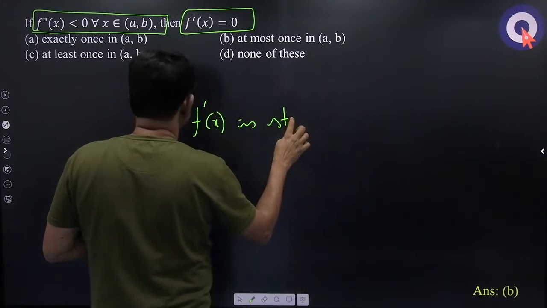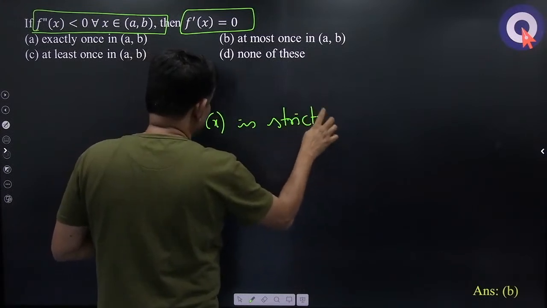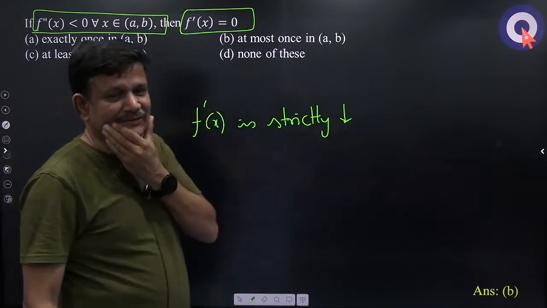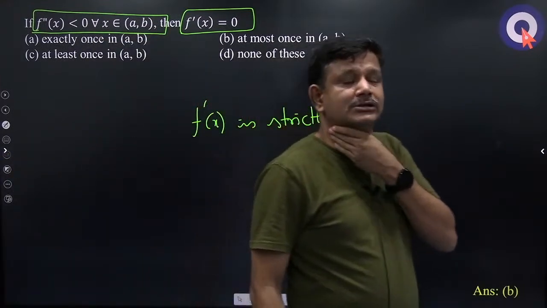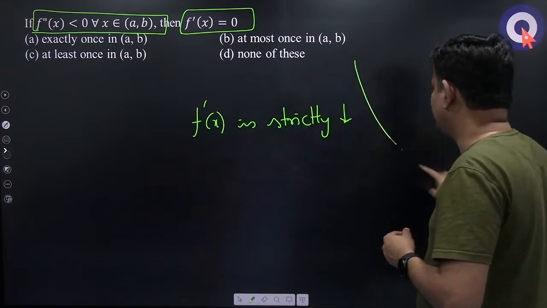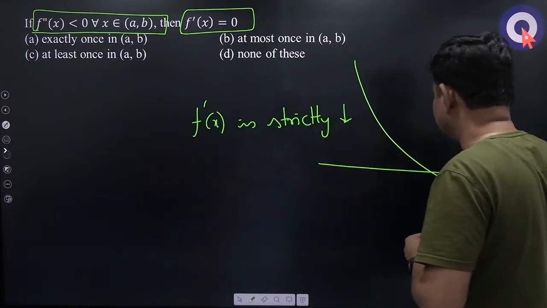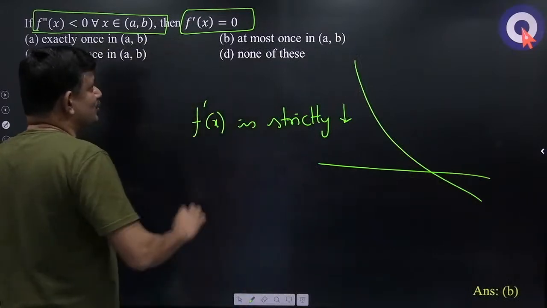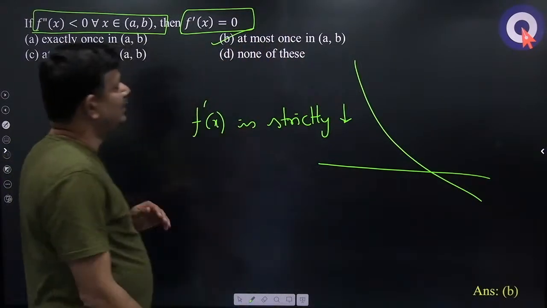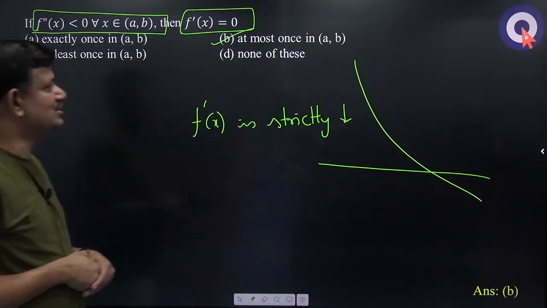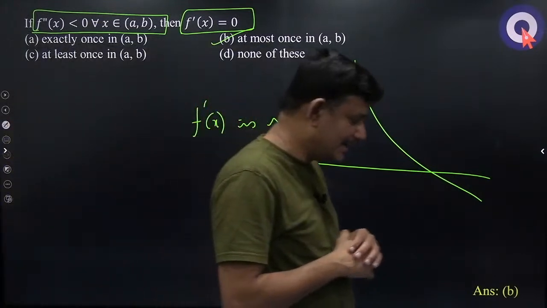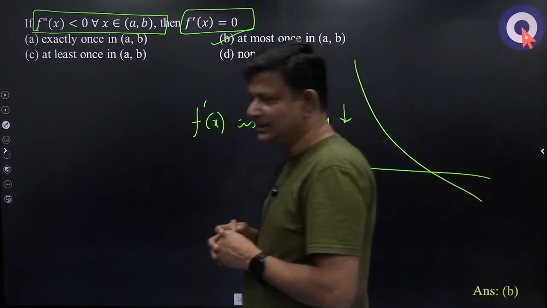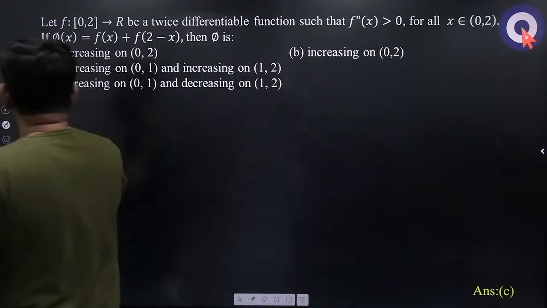f double dash x is less than 0 implies f dash x is a strictly decreasing function. All strictly decreasing functions are one-one. So if at all it can cut the x-axis, it can cut it at most once. So f dash x can be 0 at the most once in A to B. Okay, so monotonicity is also useful in telling how many roots there will be